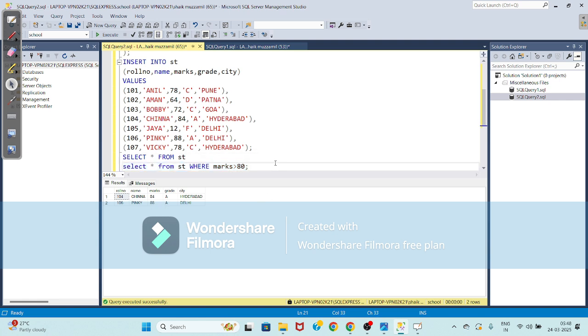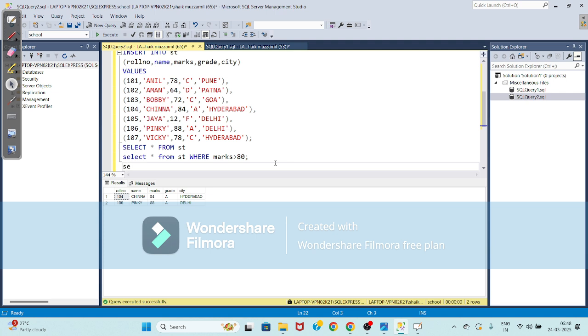Okay, now select star from student where city equals to Delhi.